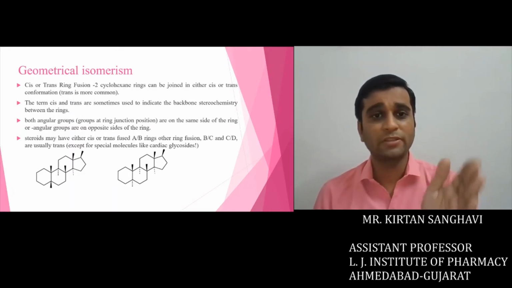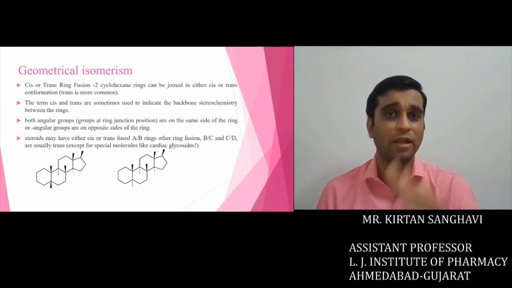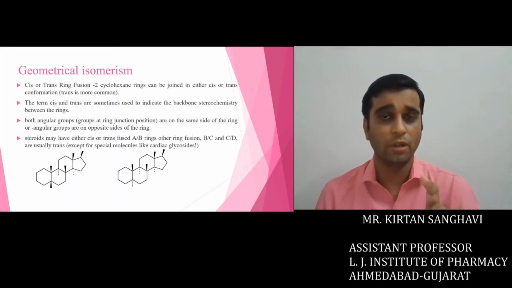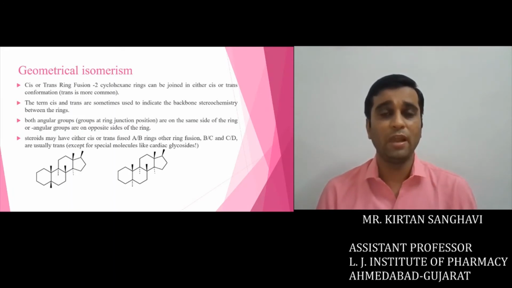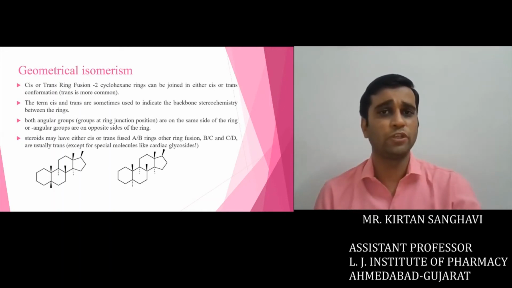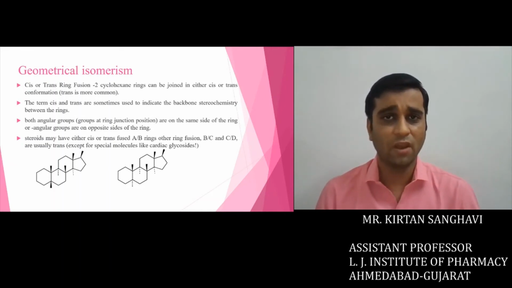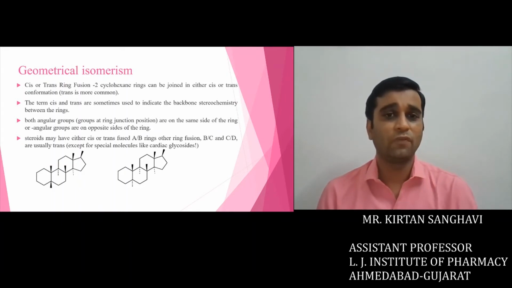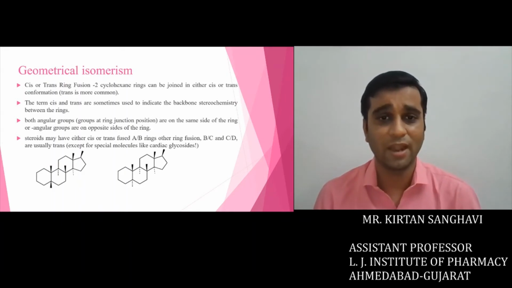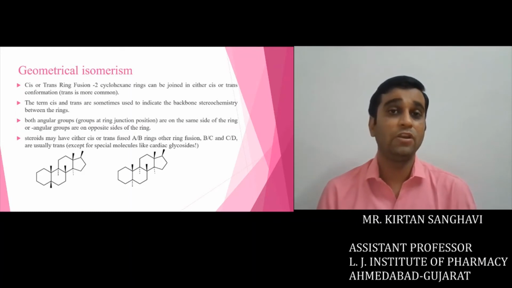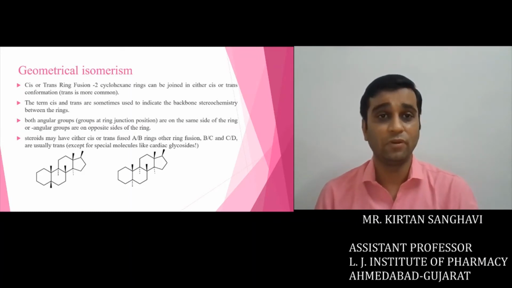Now, steroids may have either cis or trans isomerism, undoubtedly. But as we all know very well, trans is more stable as compared to cis. So the majority of steroids involve trans configuration. But in the case of special molecules, that is cardiac glycosides, we will usually find the cis configuration instead